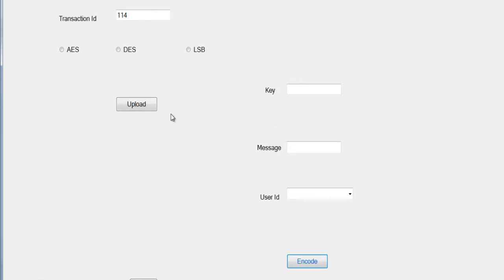Now suppose I want to encrypt the data using DES, so I just need to select the DES option and click on upload.